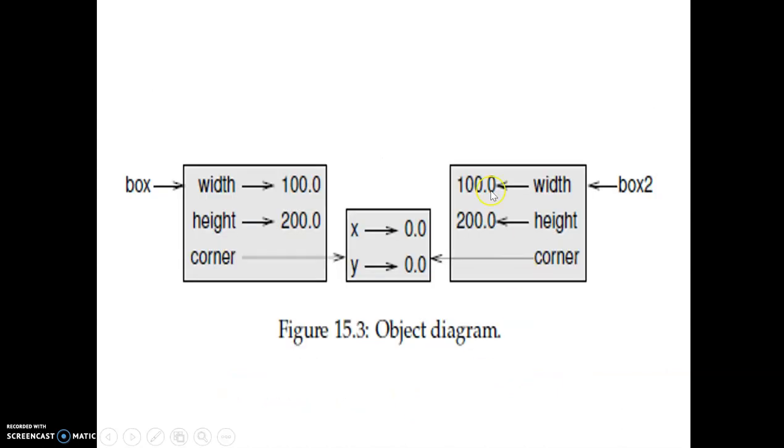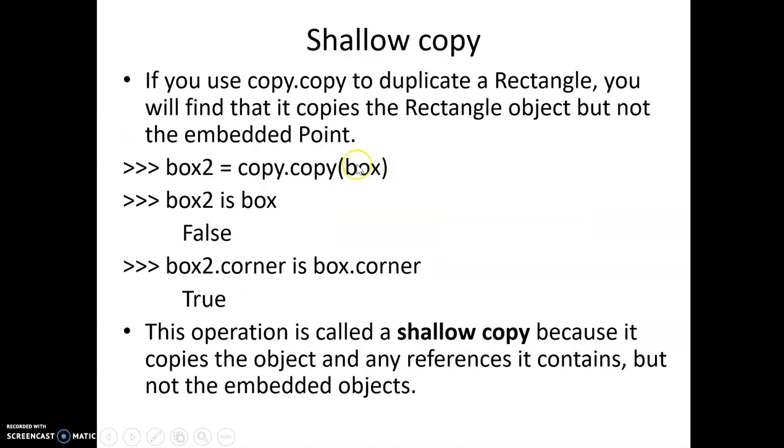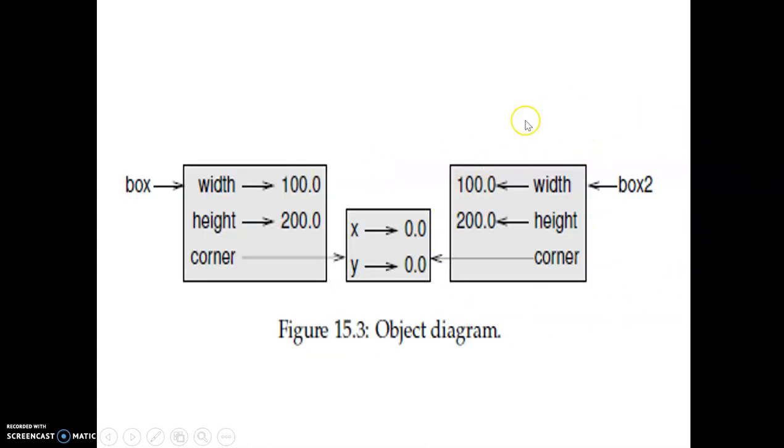If you observe this figure here, you will get to know. This is the box, the object that has already been created, where certain attributes have been set with values. Once you create the box2 object using the copy method, this is how it is created. A new object will be created which is only going to refer to the earlier copied object. It is not going to share the same memory location. It is just going to refer to the originally created values here.